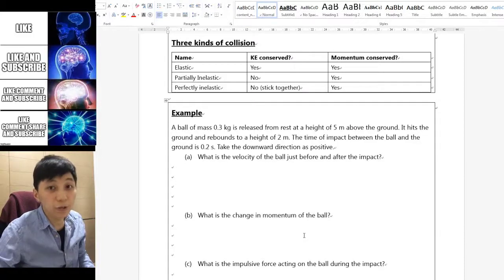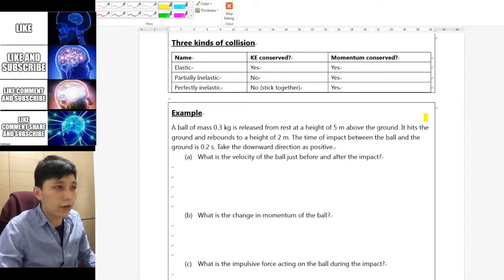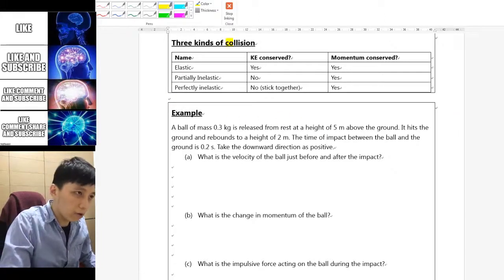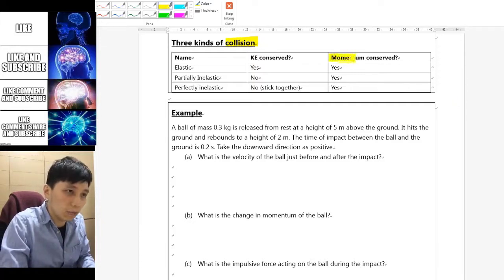Hi, in this video we talk about elasticity in momentum. Notice that this is not the official syllabus in IGCSE physics, but understanding this can help you to understand the whole idea of momentum better. So first of all, we have to understand that whenever we have a collision, assuming there's no external force, then momentum